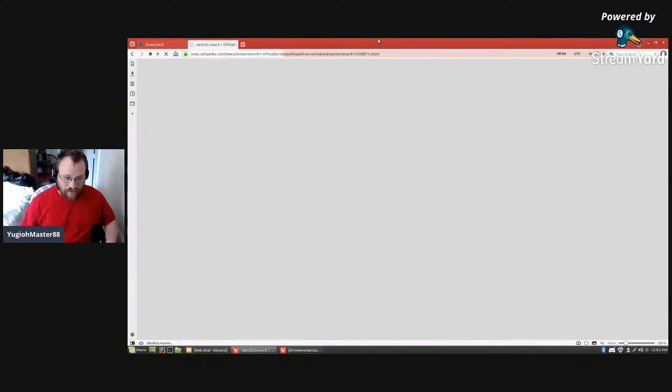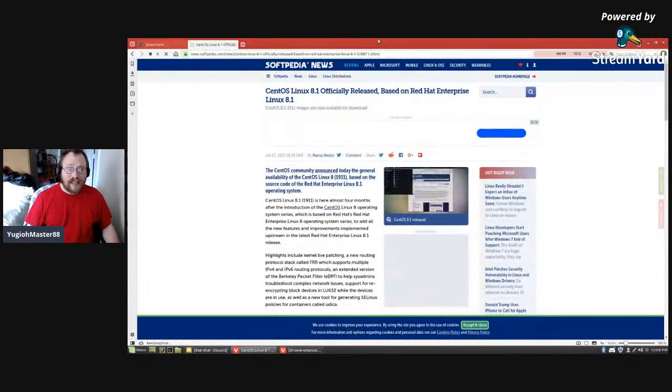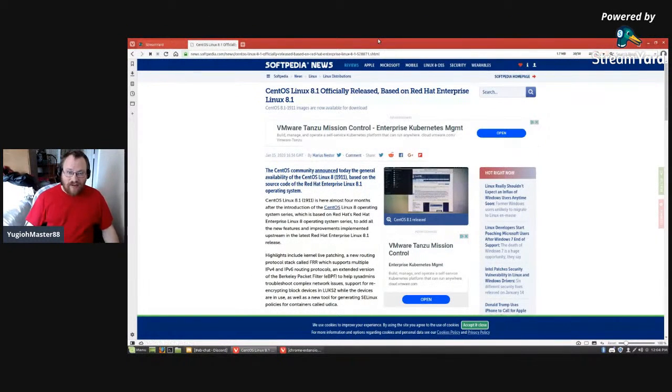All right, so now here's the first article for the Linux Coffee House. CentOS Linux 8.1 officially released based on Red Hat Enterprise Linux 8.1. So as you all can see here, CentOS 8.1 is here almost 4 months after the introduction of the CentOS Linux 8 operating system, which is based on Red Hat's Enterprise Linux 8 operating system series, to add all the new features and improvements implemented upstream in the latest Red Hat Enterprise Linux. Highlights include kernel